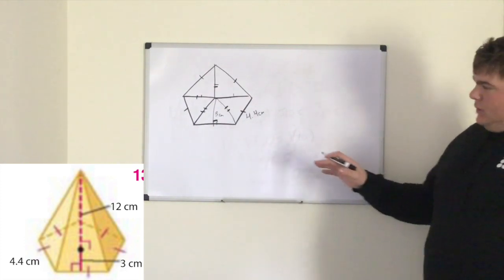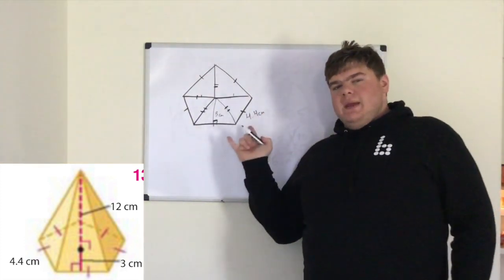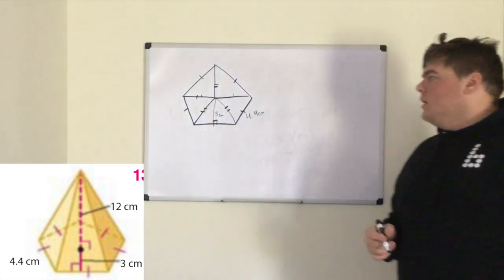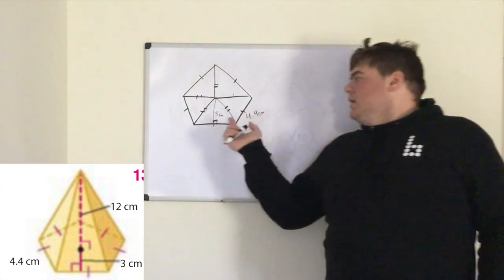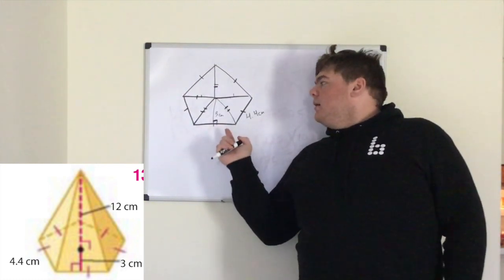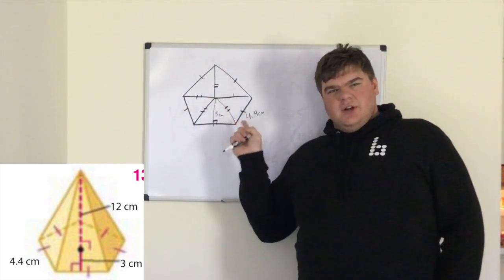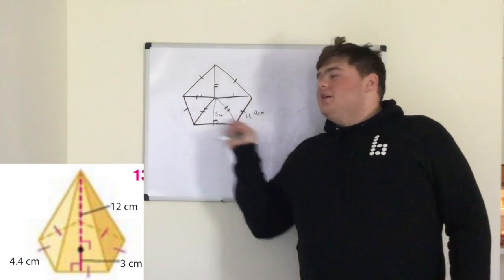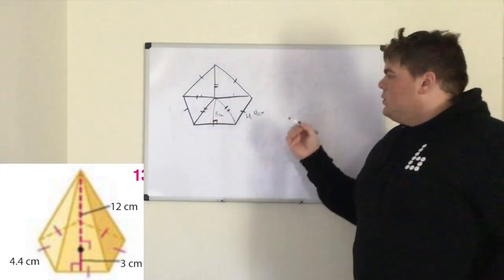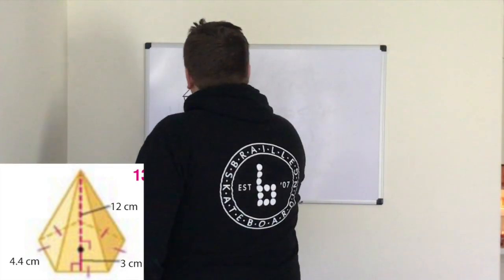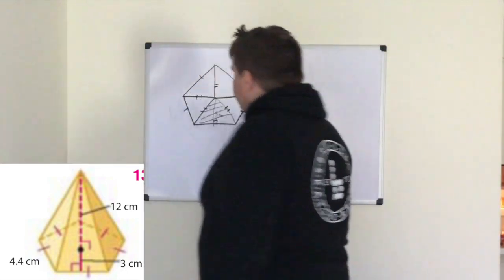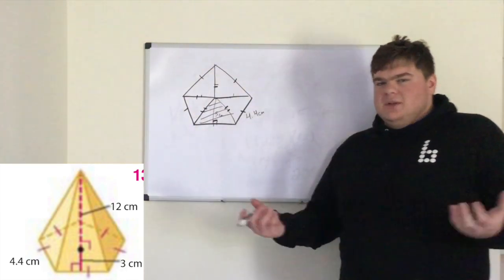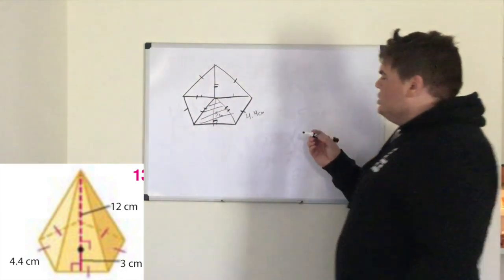So what we can do is leverage the information that they give us to get to our final answer. We can find the area of one of these 5 triangles in here, and then all we have to do is multiply by 5 at the end, and that'll give us the area of this whole pentagon. So first, we're going to focus on just one of these triangles, and then from there, we just have to multiply to find them all. So if we look at just one triangle,